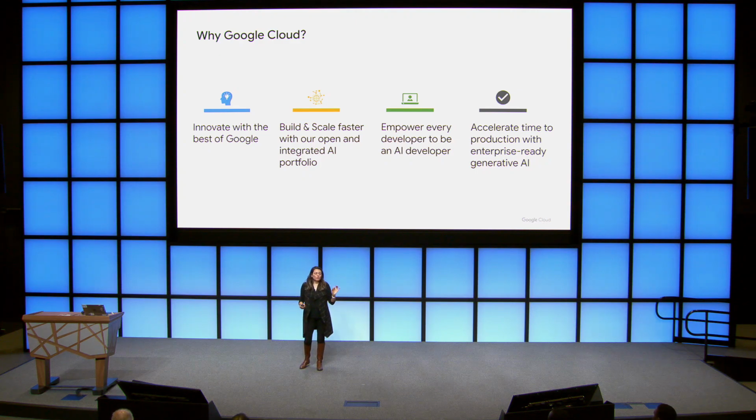In terms of the other benefits of running this on Google Cloud, as you realize, I was emphasizing the platform a lot. The platform is critical. We are really making an effort to have this integrated AI portfolio in a platform where you have choices. You can pick and choose not just between Google models, but also open source and third-party models. Also, as I mentioned, this is all API-based, so you can choose solutions based on what you need and use the ones that are relevant for you.